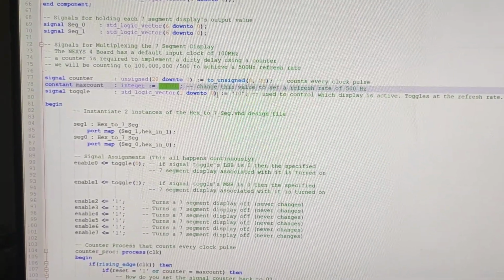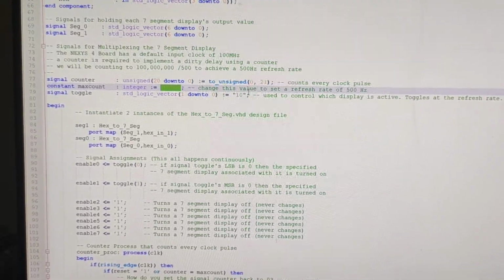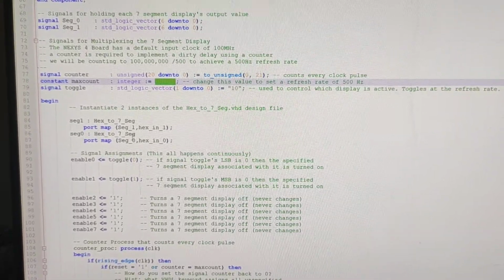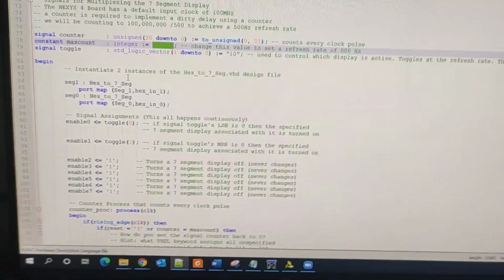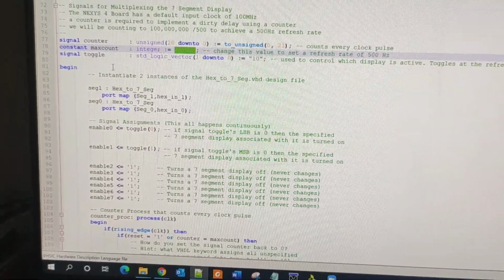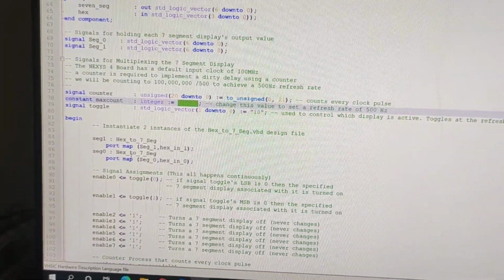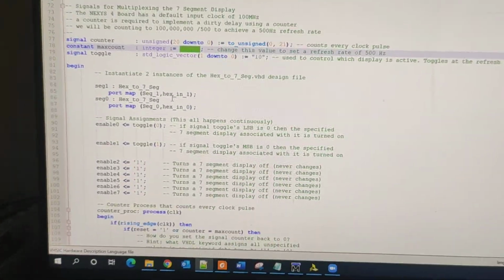And we have a toggle bit that goes from 1 to 0, which defines that only one of my 8-bit displays is on at a time. So now here we have used a port map, where we have defined sig1 and sig0 based on that, and we have given the input, which is also 4-bit.